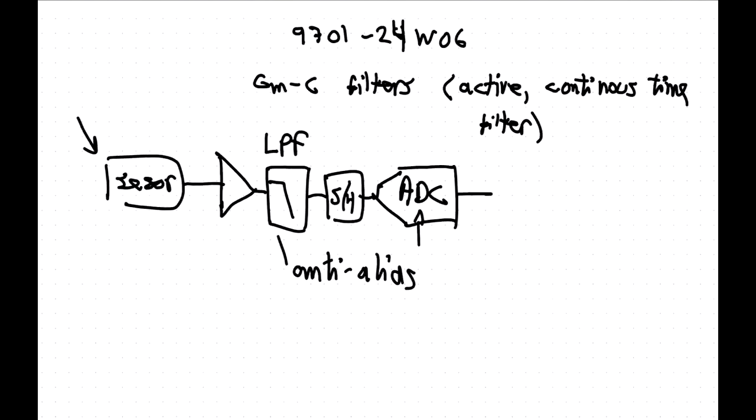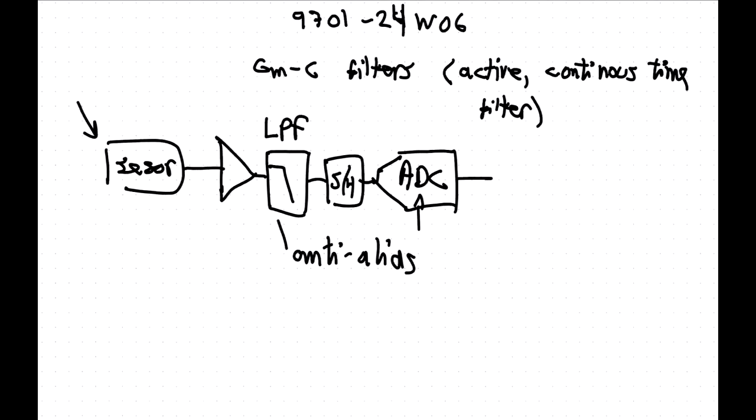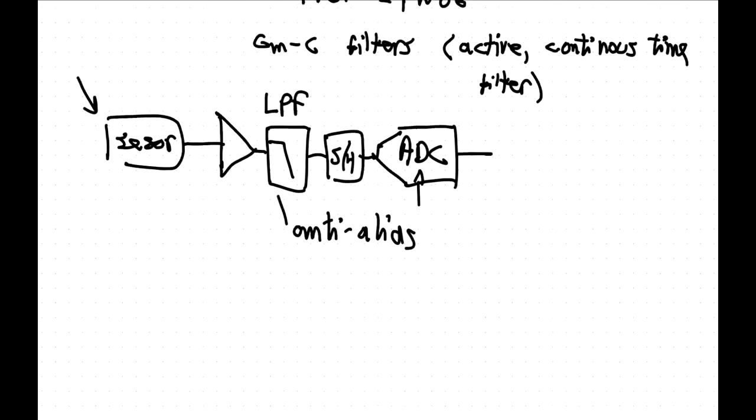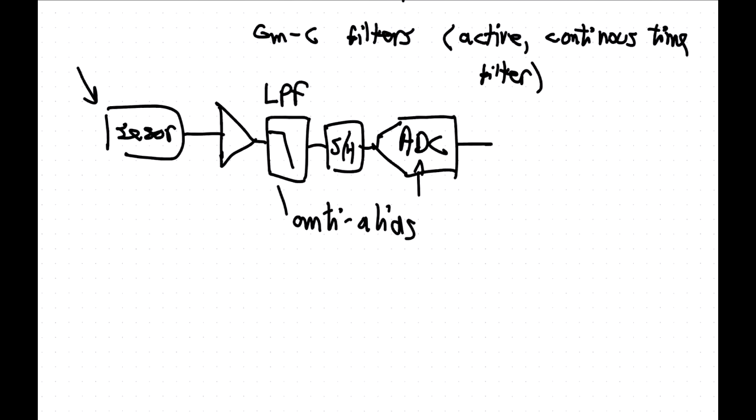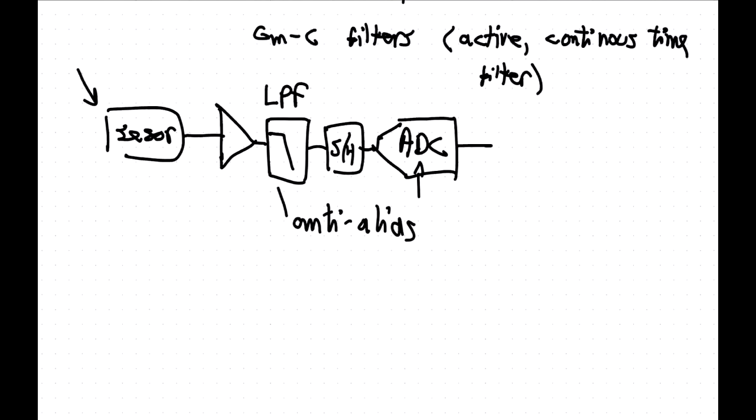So we've got to do an active filter, and the reason we want active filters is that if you want to make a high order filter with complex poles, we need to have capacitors and inductors, and nobody likes inductors. They're not good components. So if we can get rid of the inductors, then we can do whatever filter we like. But we need to have a gain element instead. Anyway, so the GMC filters